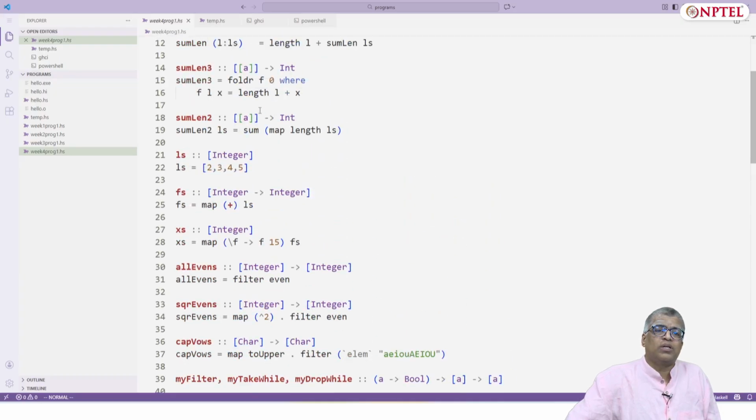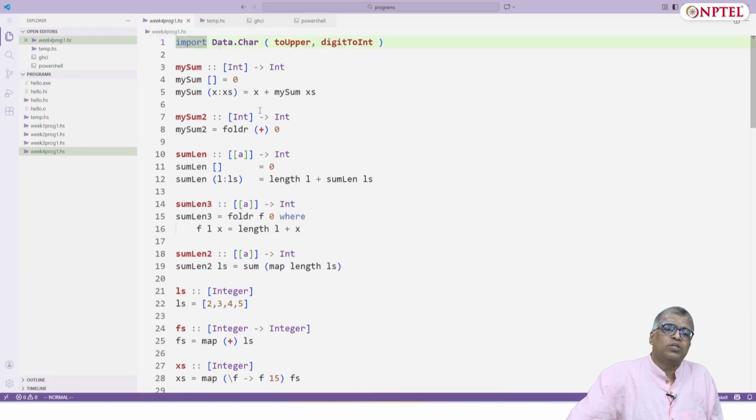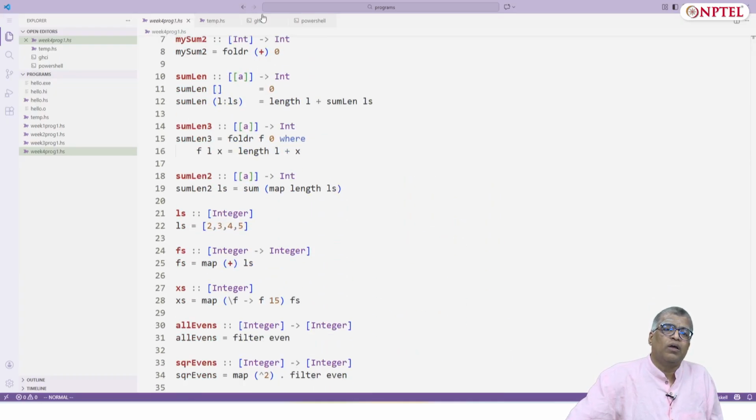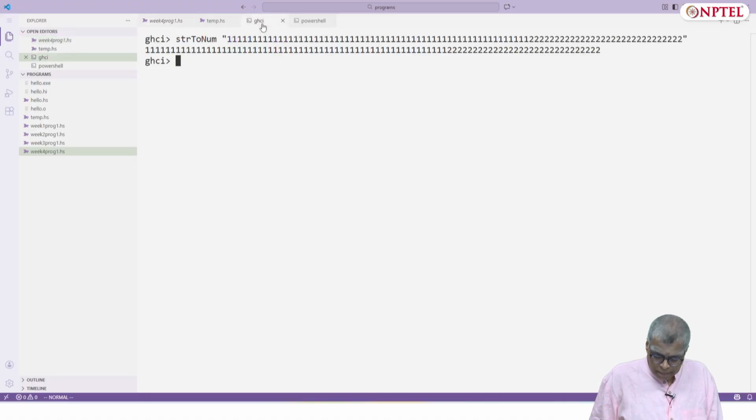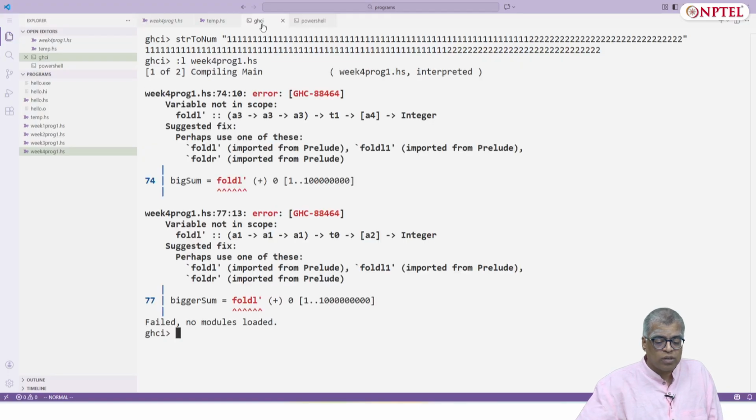So let's try to load this file where I have more functions written. Load week 4 prog 1.hs. It says variable not in scope.